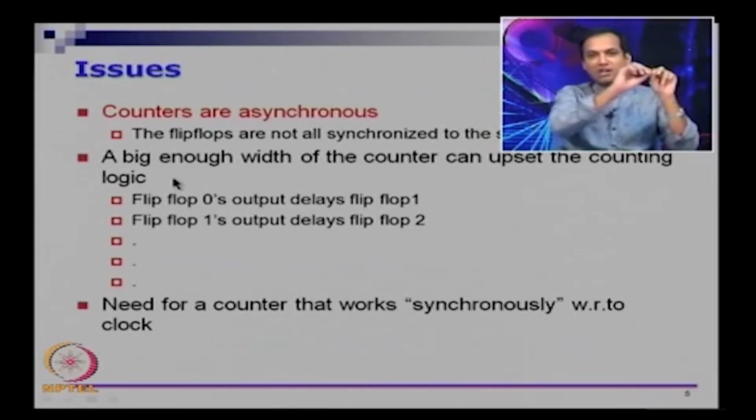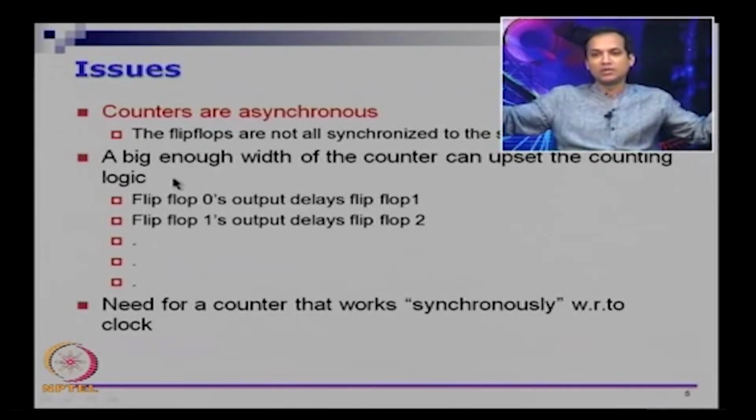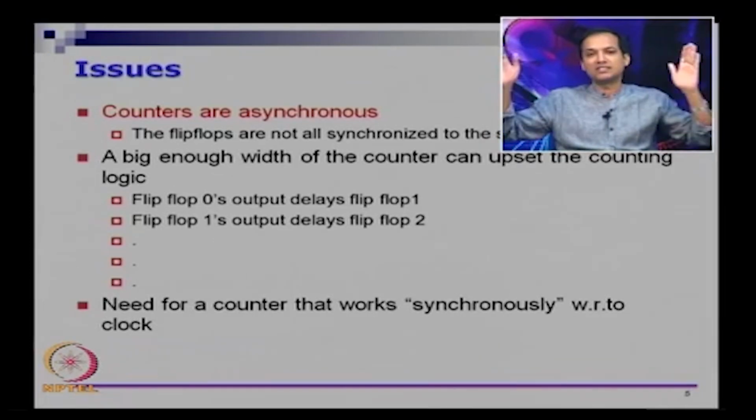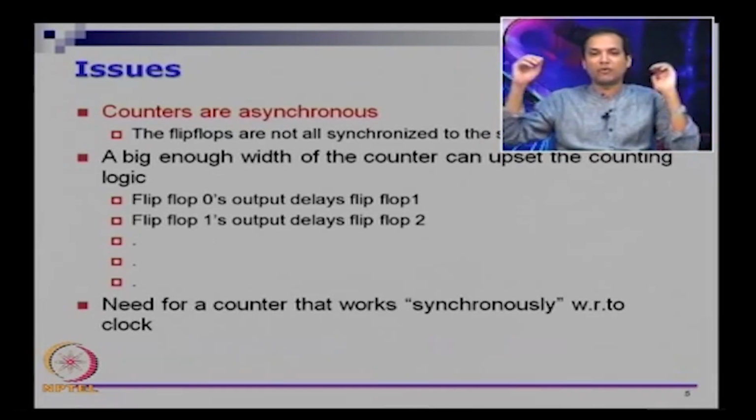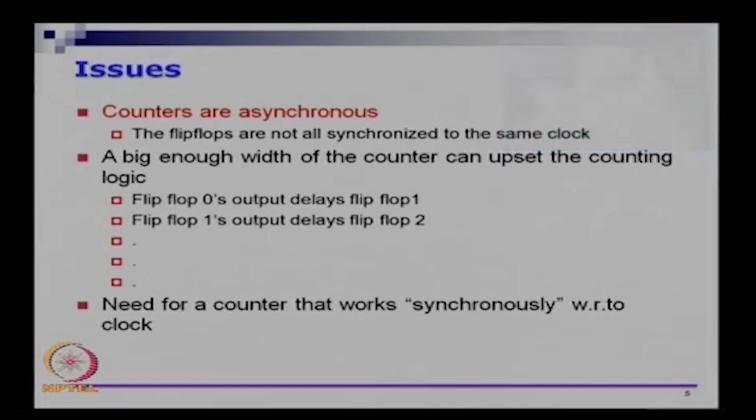So if I have 100 flip flops in a chain, you will see 100 times the clock to Q delay, let us say it is 0.1 nanosecond, so 100 times 0.1 would be 10 nanoseconds. So you will see that the 100th flip flop is actually flipping 10 nanoseconds after the clock pulse comes in,